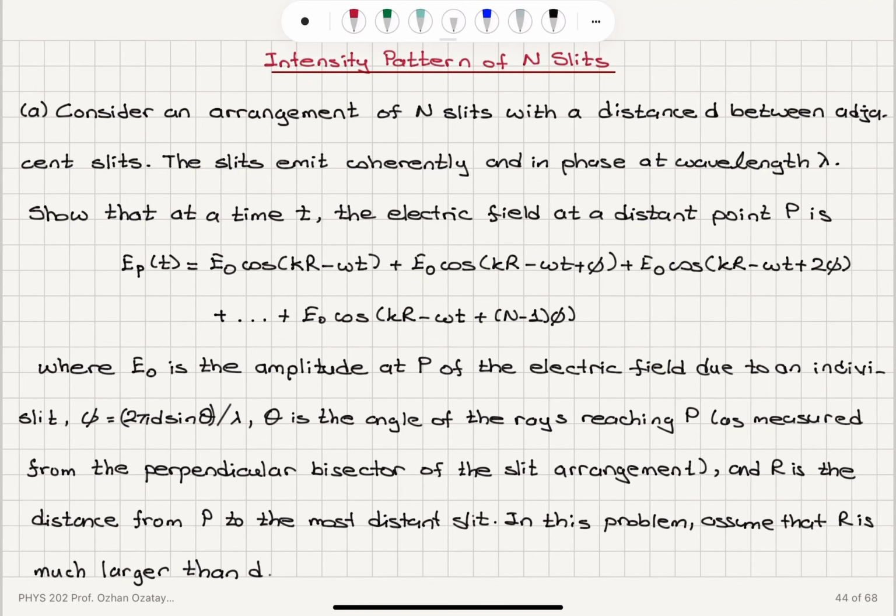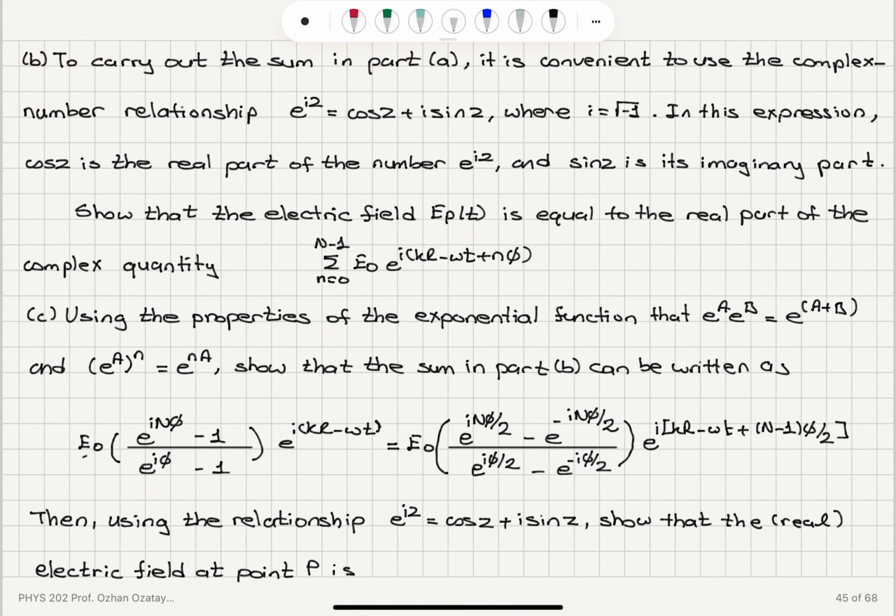Intensity pattern of capital N slits, part B. To carry out the sum in part A, it's convenient to use the complex number relationship e to the iz is cosine z plus i sine z, where i is the square root of -1, the imaginary number. In this expression, cosine z is the real part of the number e to the iz and sine z its imaginary part. Show that the electric field EP at point P as a function of time is equal to the